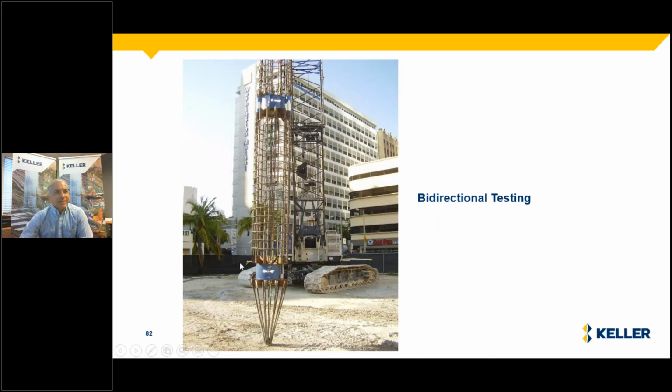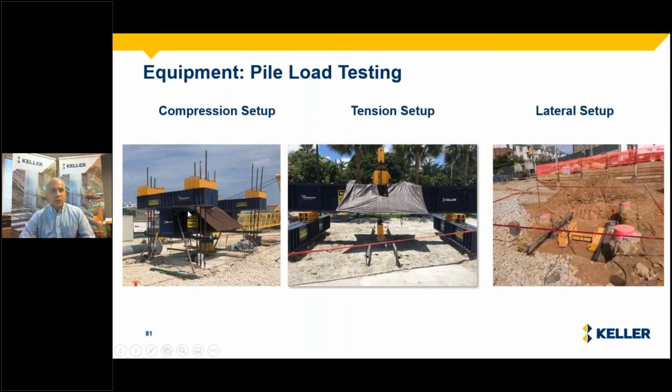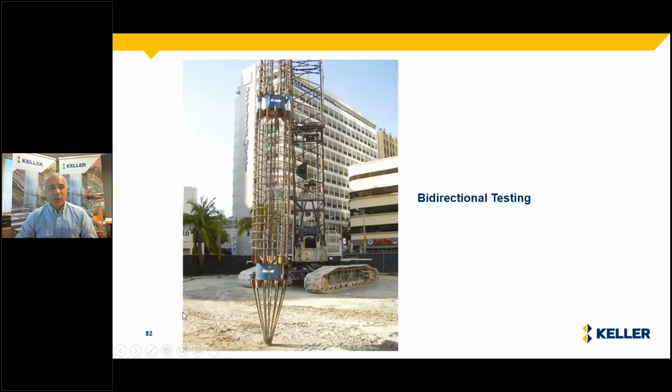There's also bidirectional testing. This bidirectional testing ends up being a different way to get to higher loads. Instead of a top-down test, like you see on the previous slide, where the load is imparted at the top of the pile and pushes the pile into the ground to test its capacity, if the pile is really deep, 30 meters, and you want to test the bottom layers to make sure that the load is not being dissipated on the upper portion, and most of the load goes right at the layer you're testing, you can install what is called an